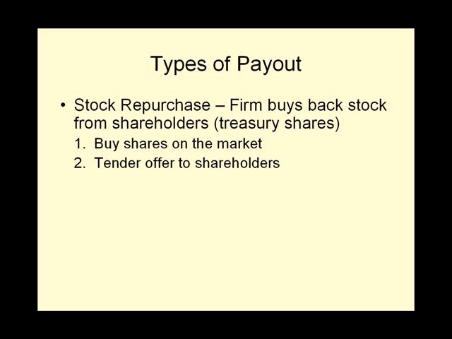It can have a tender offer to its shareholders to buy stock at a particular price. It can hold a Dutch auction. The firm offers to purchase shares from its owners at an initial offer price. The price is then lowered until the target number of shares are sold back. Finally, the firm can have a private negotiation with a large shareholder or shareholders, wherein a price is agreed upon and the stock repurchase is effected.